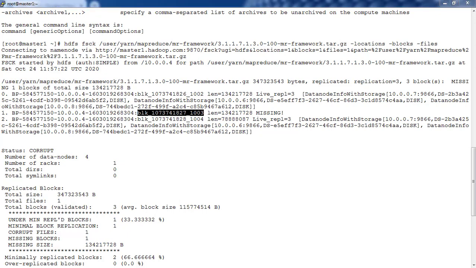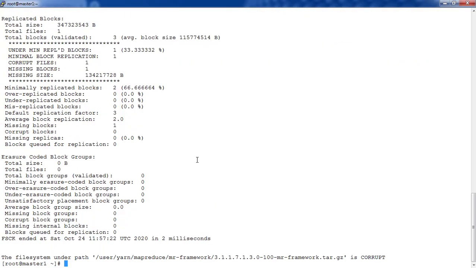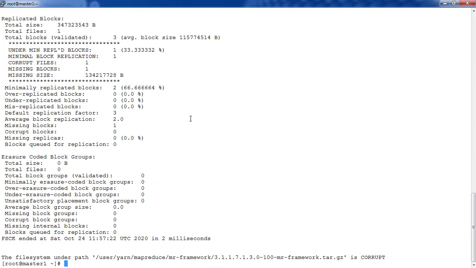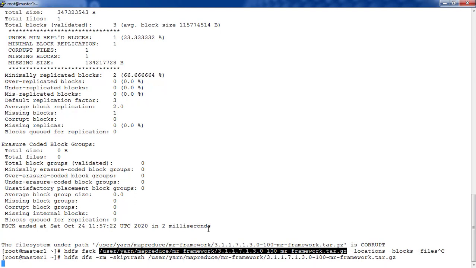And if you are able to recover these files, one option is to copy the files into the corresponding locations like the other blocks, and the error will automatically go away. Or the next option, the worst case scenario where we are not able to recover this at all, is just to delete it. So what I am doing here is hdfs dfs -rm, with the option to skip trash, because I don't want to keep it in the trash either, just delete this file.